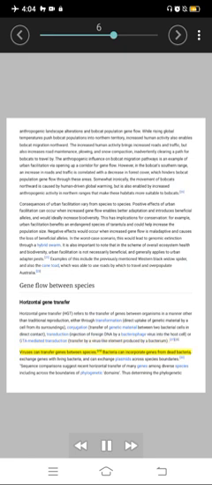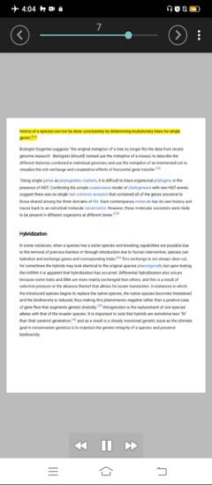29. Bacteria can incorporate genes from dead bacteria, exchange genes with living bacteria, and can exchange plasmids across species boundaries. Sequence comparisons suggest recent horizontal transfer of many genes among diverse species, including across the boundaries of phylogenetic domains. Determining the phylogenetic history of a species cannot be done conclusively by determining evolutionary trees for single genes. 31. Biologist Gogarden suggests, the original metaphor of a tree no longer fits the data from recent genome research.